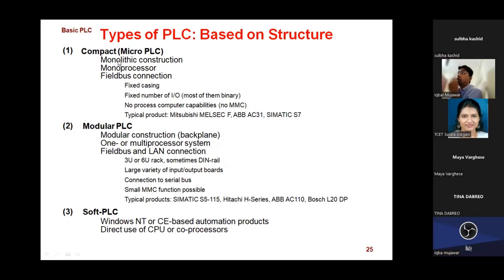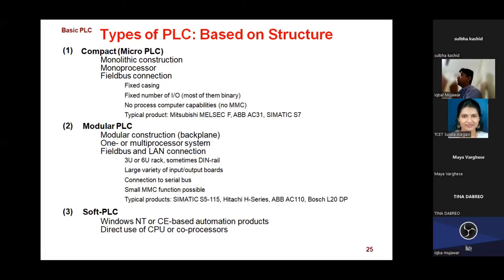Let's say your process has only 4 inputs and 2 outputs, then it is fixed. I am not going to change it in future, and even after 1 or 2-3 years it remains the same. At the end, it is a small project, so the best way is to go with the micro PLC. Some product types are mentioned in the Mitsubishi serial numbers. They have fixed input output numbers. We cannot change or add on, it's not possible.